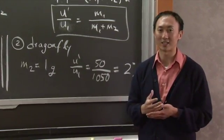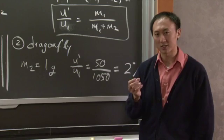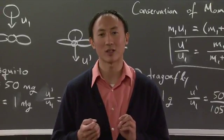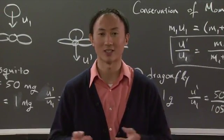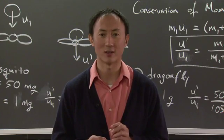it, and it splashes. So we can see, depending on the insect at hand, the amount of momentum lost depends very strictly on how heavy the insect is. We just figured out what the difference is in the impact of two very different insects. We looked at the very lightweight mosquitoes of only 1 milligram and the much heavier dragonflies on the order of